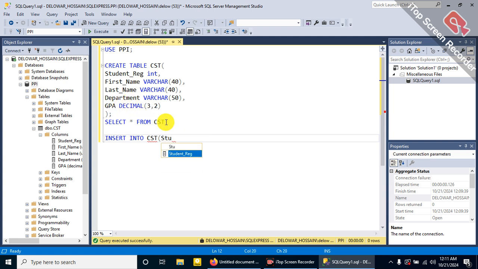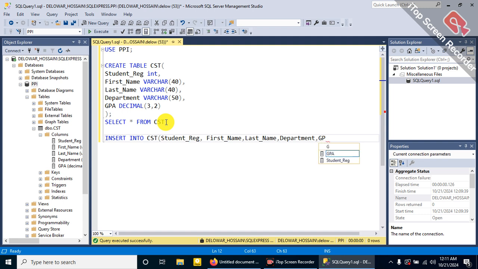We can get the columns in the suggestion list. Student registration, then first name, then last name, and then department, and then GPA. Then we'll have to write another keyword, that is values,